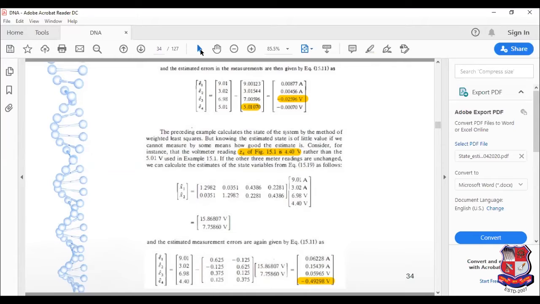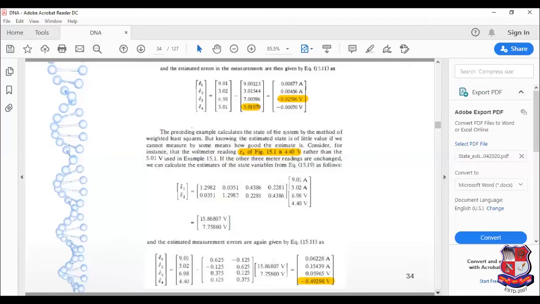So while selecting the number of measured variables, we should be very selective, and hence we will understand the concept of bad data identification and elimination. So if we have a degree of freedom, what is degree of freedom? As we all know, the number of measured variables is higher than the number of state variables, then m minus n, number of measured variables minus number of state variables, is known as the degree of freedom.